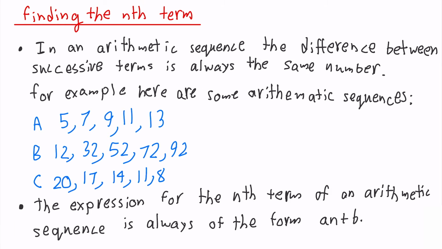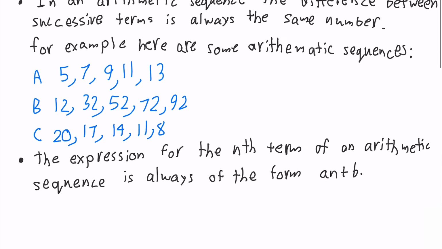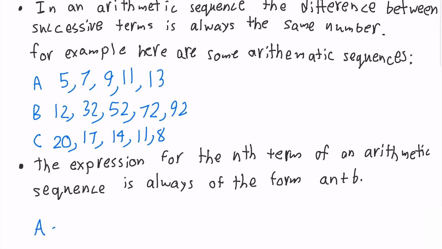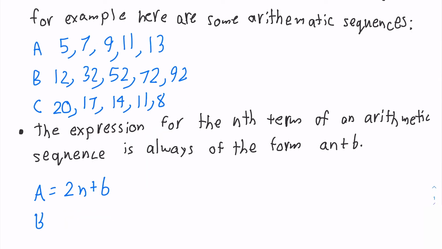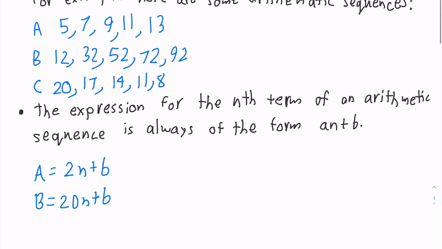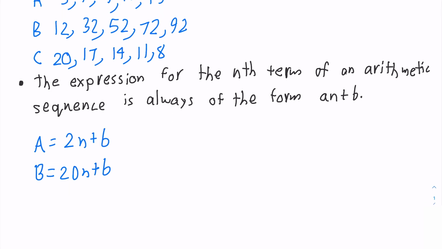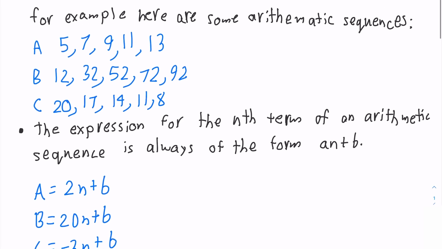Look at the sequences a, b, and c. For sequence a, the nth term is 2n plus b. For sequence b, the nth term is 20n plus b. For sequence c, the nth term is negative 3n plus b. So,